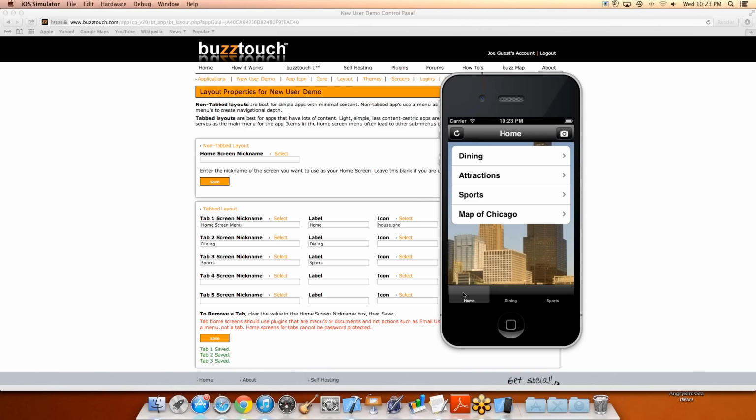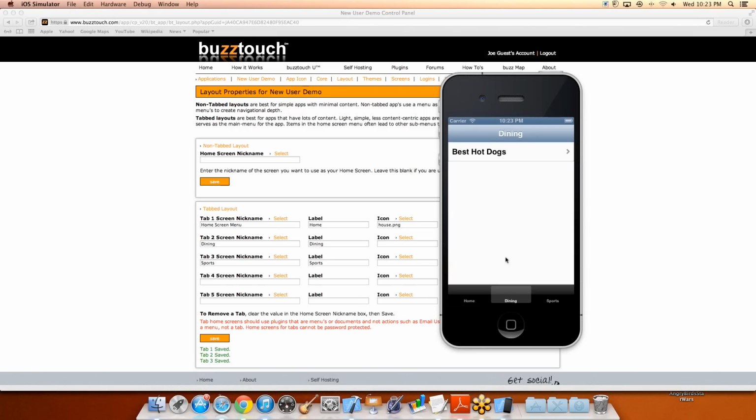And then this is where you'd add those icons in, which I didn't drag any extra in, but I could add in, you know, like house.png is the file that I always use for the home icon. And when I hit save to that, I have up to 5 on this particular layout. I've used 3 of them. So when I refresh,